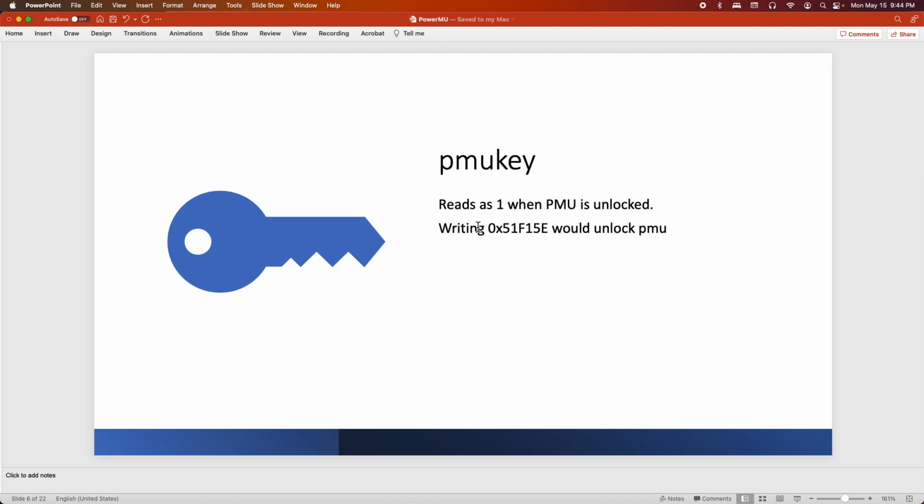This PMU key would prevent that from happening, because every time you want to write into a register, it has to be preceded by a write into this PMU key,